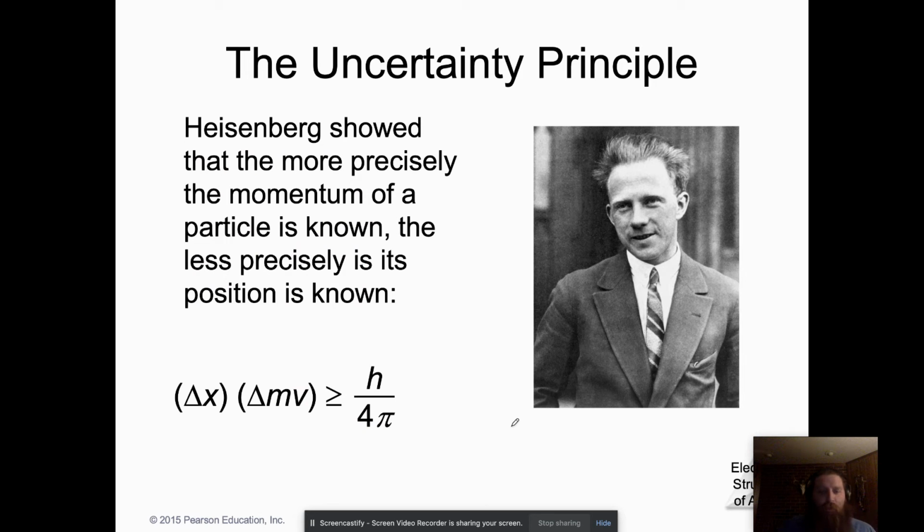So as they looked at this wave-particle dual description of reality, there became some issues. First of all, a lot of people did not accept it. Even Einstein was not a big fan of it, and we'll talk about why in just a second. But as people started to work the math out around it, they found that it was an accurate description. So Heisenberg showed us that the momentum, mv, and the position of the electron were related,